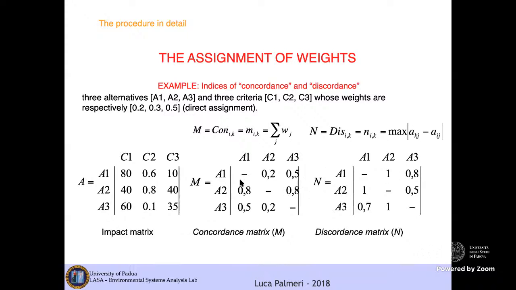So in this case, for example, if I choose alternative A1 against alternative A3, according to criteria 1, A1 wins, so A3 loses. So if I choose A3 instead of A1, I am losing. According to criteria 3, if I am choosing A3 instead of A1, I am losing again. So I shall put the maximum value of the difference between those,